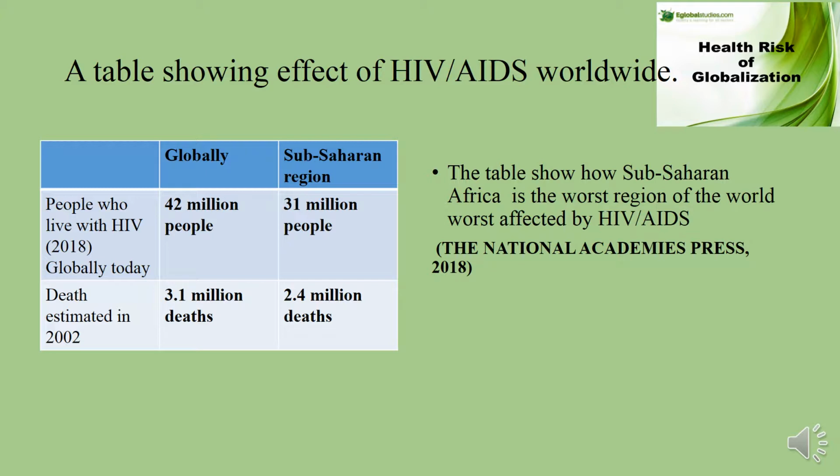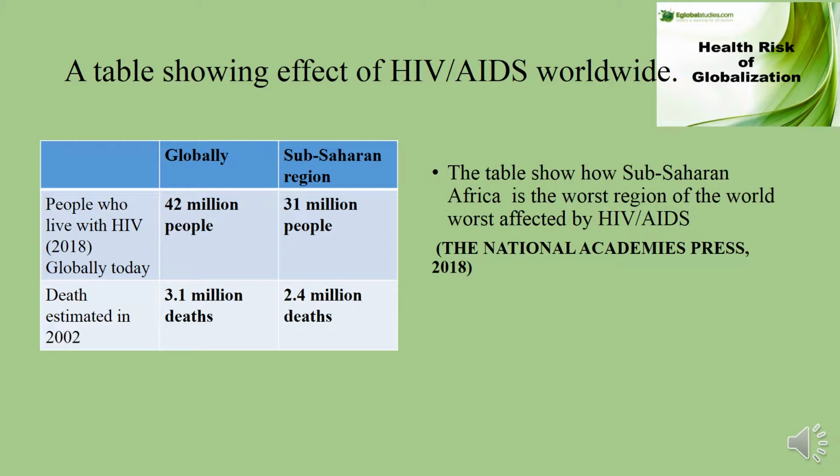As you see, the table shows how sub-Saharan Africa is the worst region of the world where HIV is worst. People who live with HIV currently in 2018, 42 million people worldwide have AIDS, and then